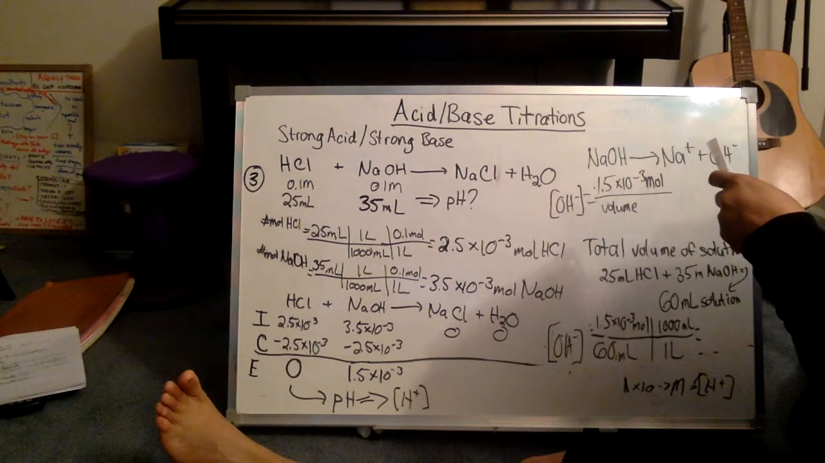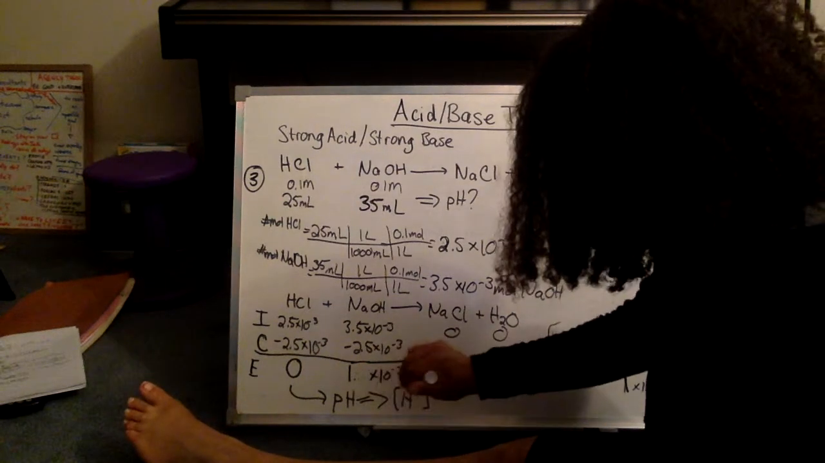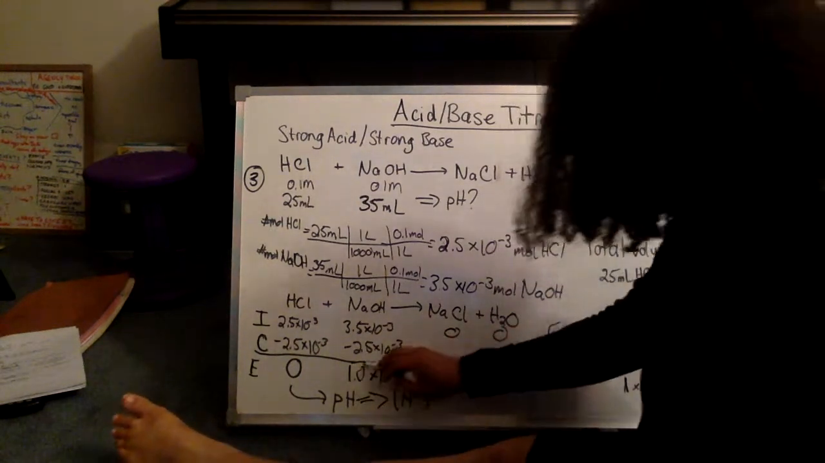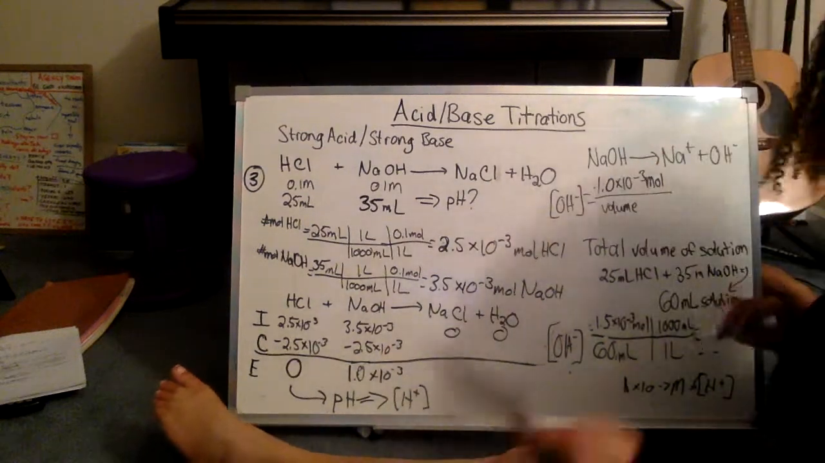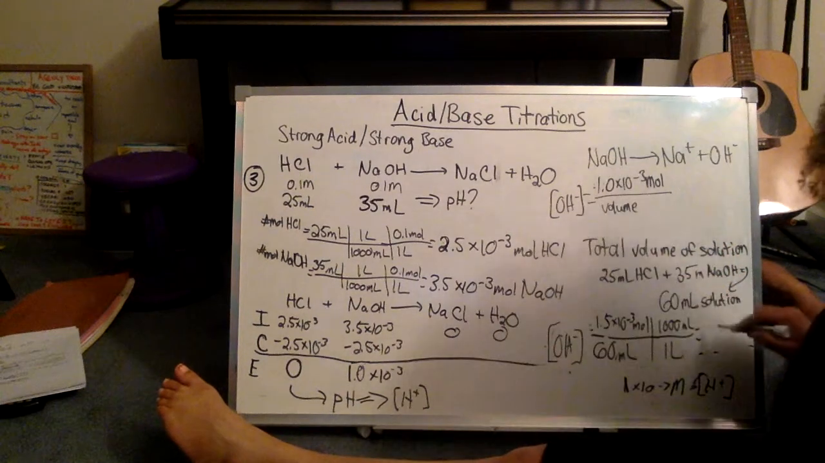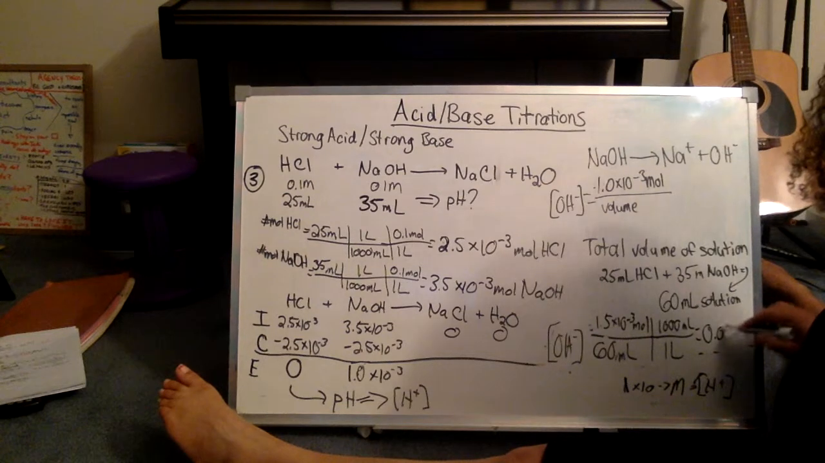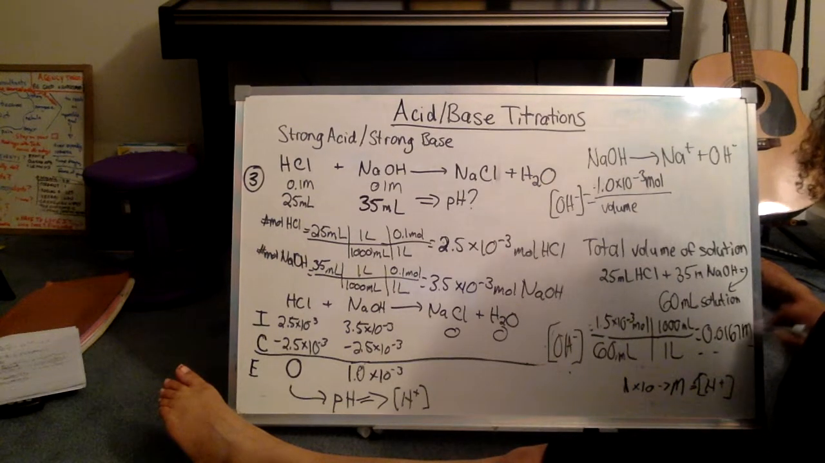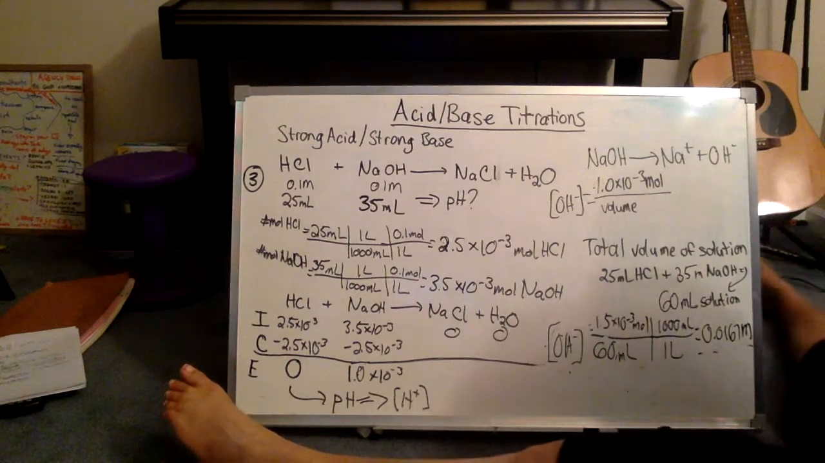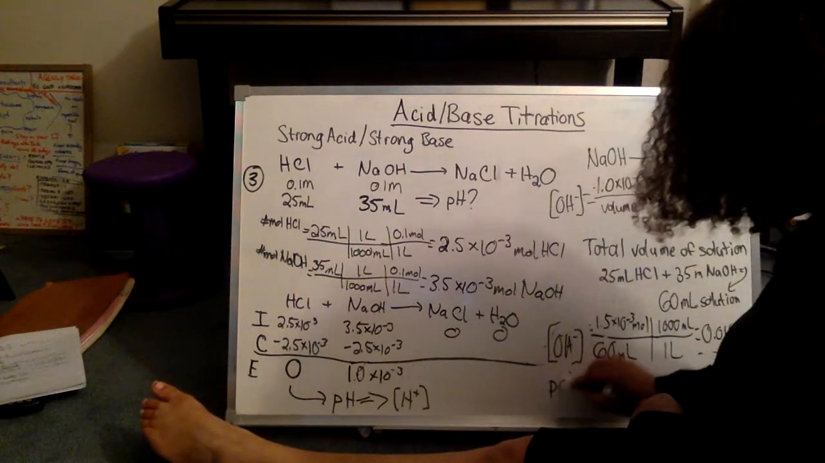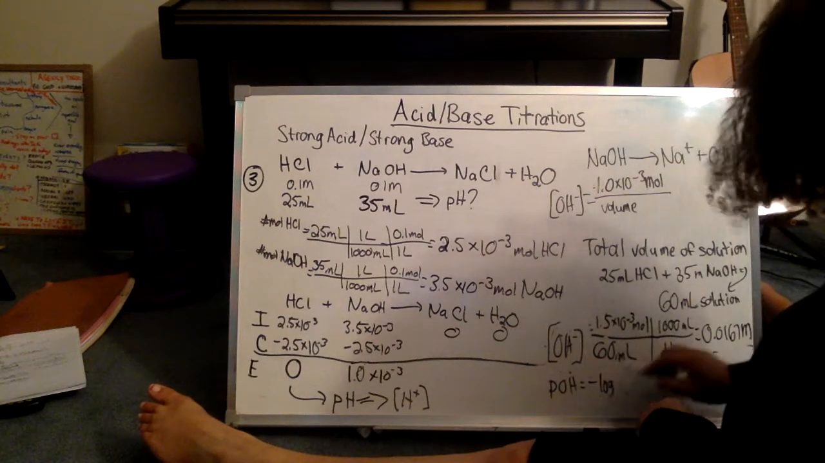Wait a second. Oh, not 1.5. Sorry, this is 1. Right. Subtract. We get 1. 1 divided by 60 is equal to 0.0167 molar. So now we figure out a pOH, which is the negative log of